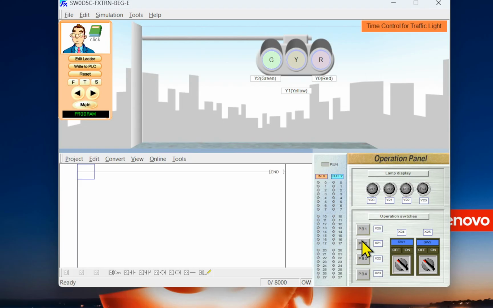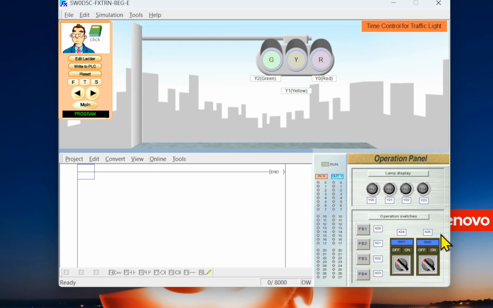There are four push buttons, and there are toggle switches, two of them, which can be locked. The cable from the toggle switch goes to the input,